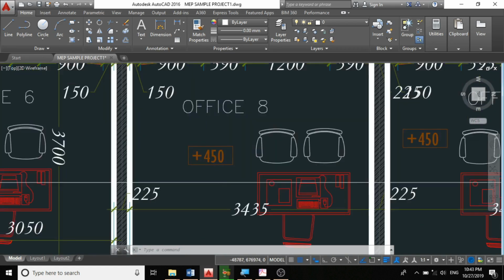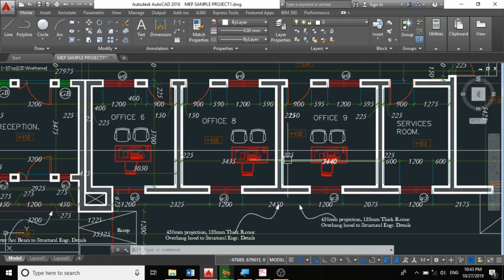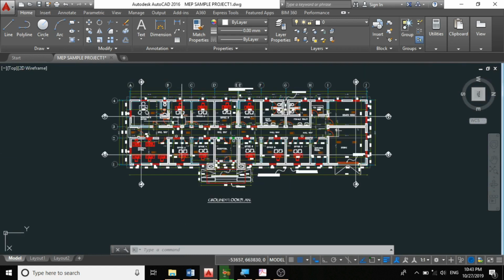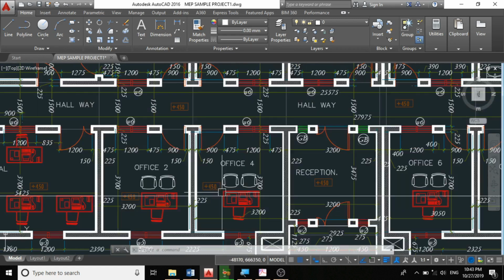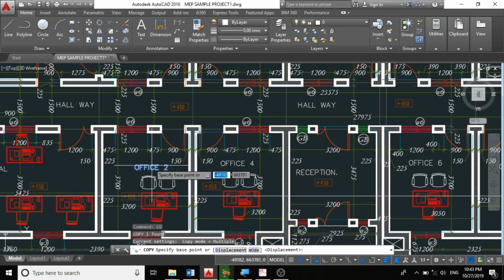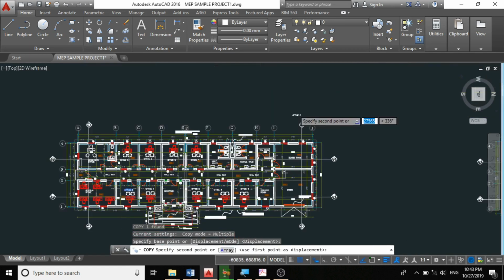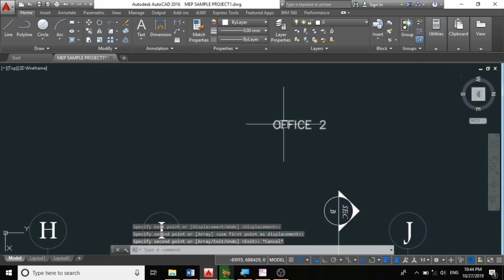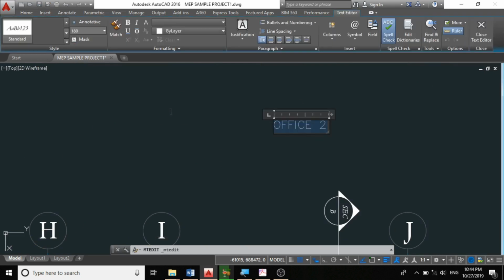Although based on my experience, the best advice is that as an engineer, we work on a reference project. I mean on an architectural project. My architect uses this kind of annotation. So instead of creating mine, you can just copy his own annotation, CO copy. So you copy his own annotation and you paste it to where you want to use yours, and you start to edit it. MEP engineer,